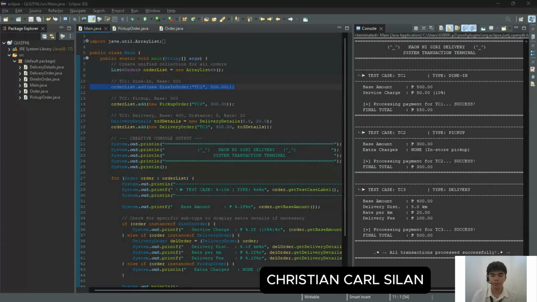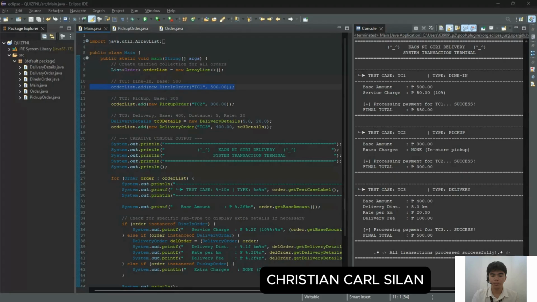This ensures that unique information such as distance and rate per kilometer is only shown for orders that actually require it. By handling this variation, the system maintains a clean and organized output while reflecting the different billing rules for each transaction type.